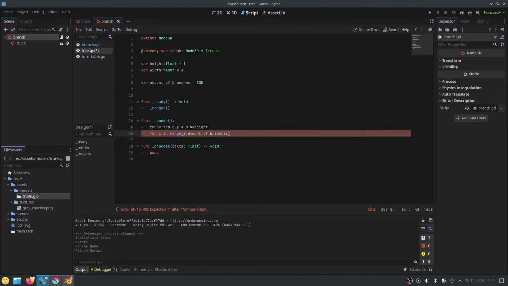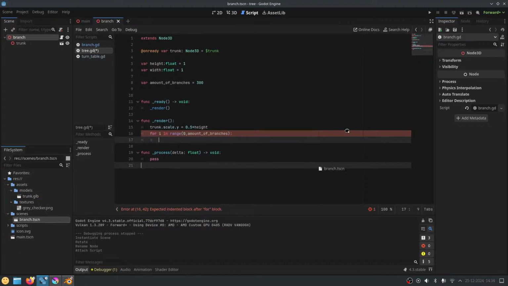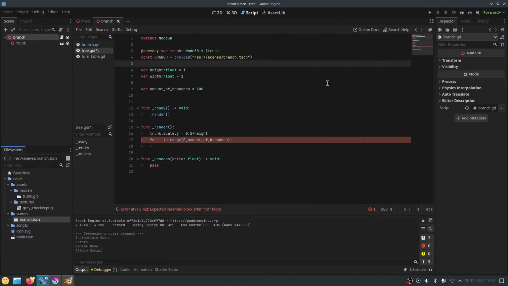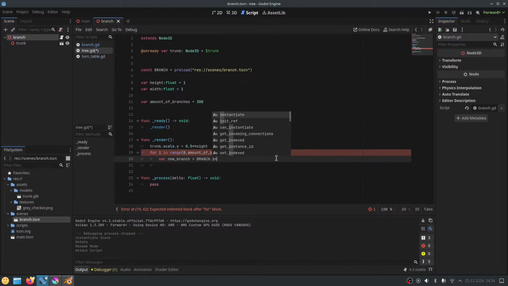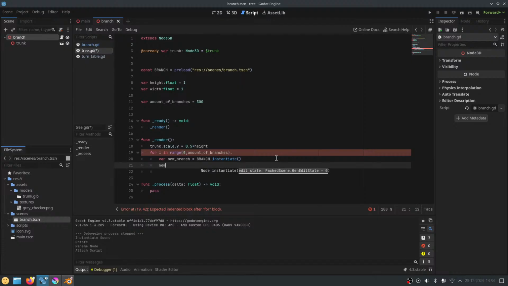We're gonna add in all those branches. So let's grab that branch scene. We'll say var new branch equals branch dot instantiate. New branch dot